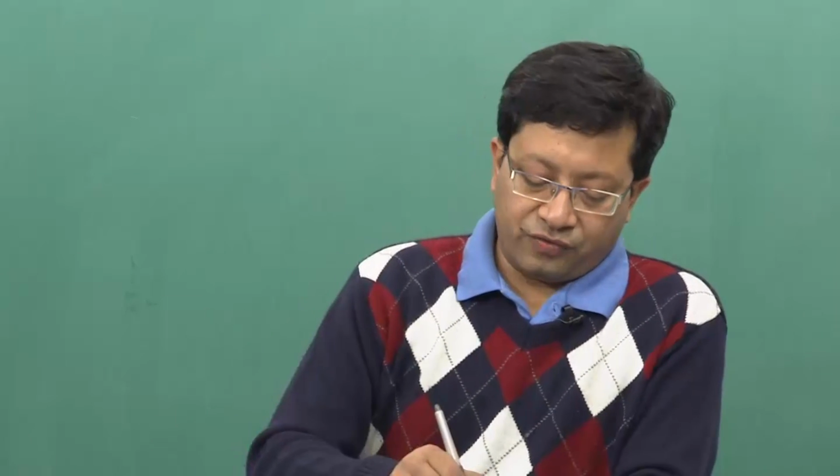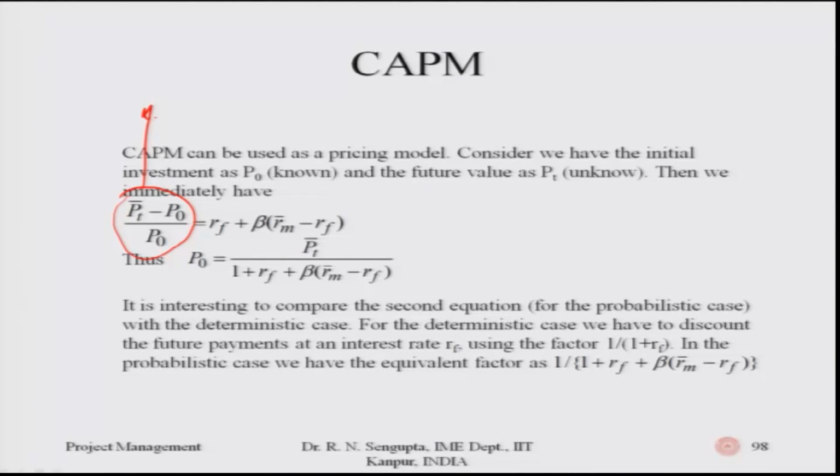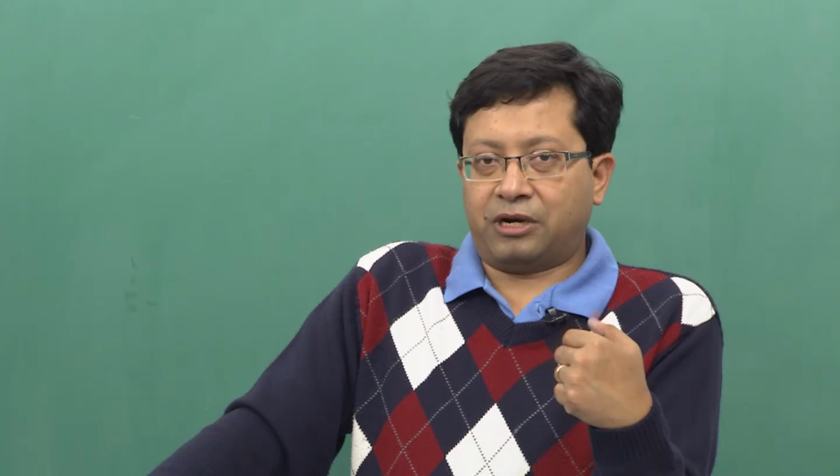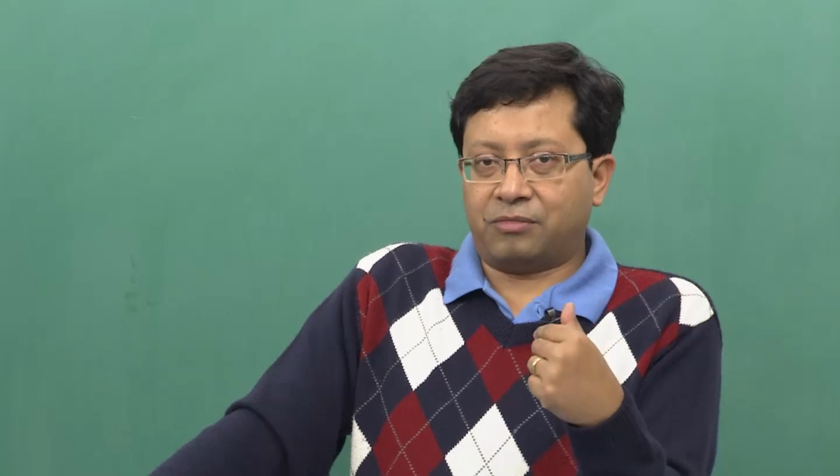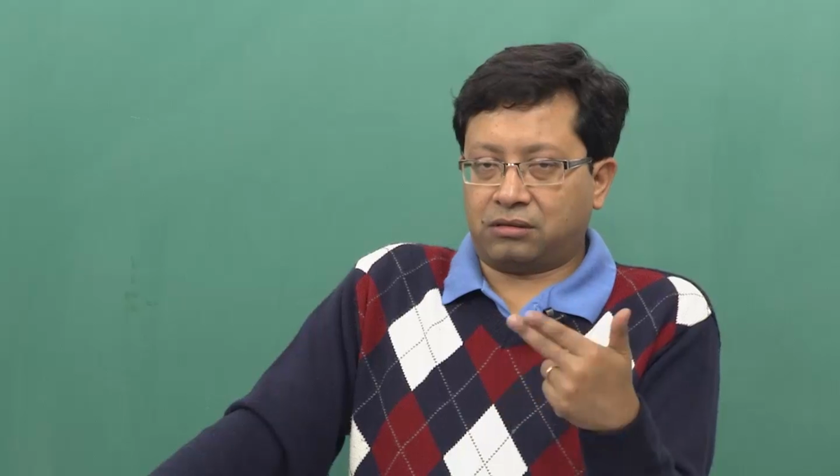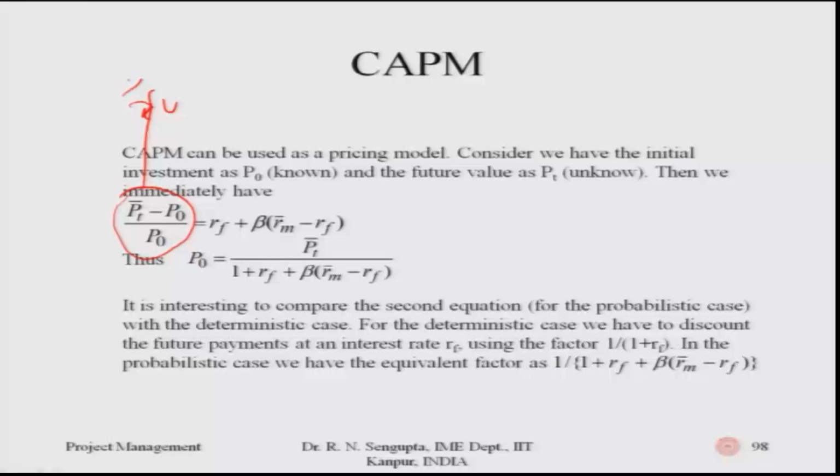So, this ratio is the rate of return of your investment in that project. That is equal to RI bar, say for example, is equal to RF, which is the risk free interest rate, plus the beta factor for the investment multiplied by the difference of the market and the risk free interest rate. Now, if you bring RF onto the left hand side,